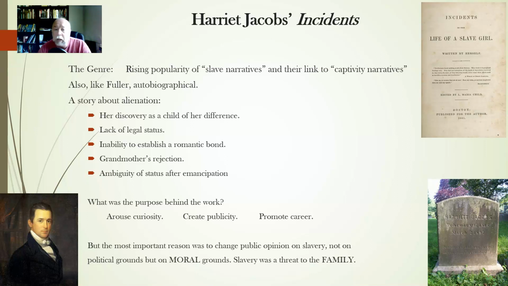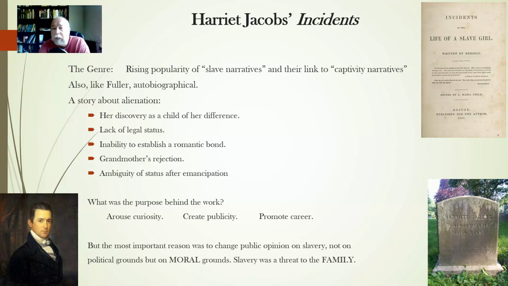It was designed partly to arouse some curiosity. What would it have been like? I mean, look at the title itself: Incidents in the Life of a Slave Girl. Oh, incidents. That's a very morally ambiguous term, isn't it? Incidents? What kind of incidents? What are we talking about here? Well,